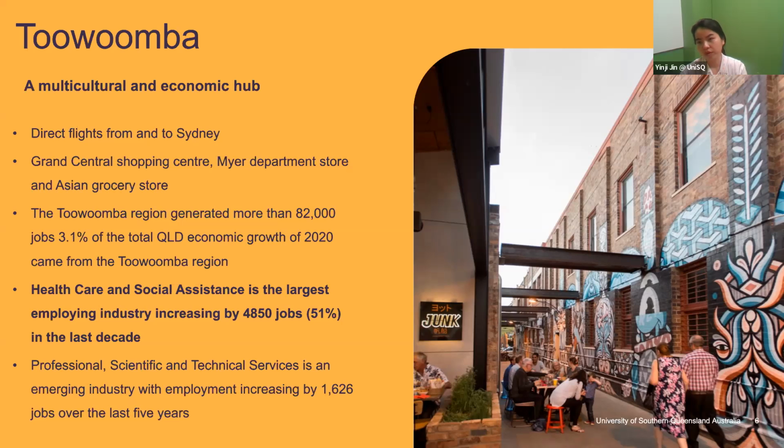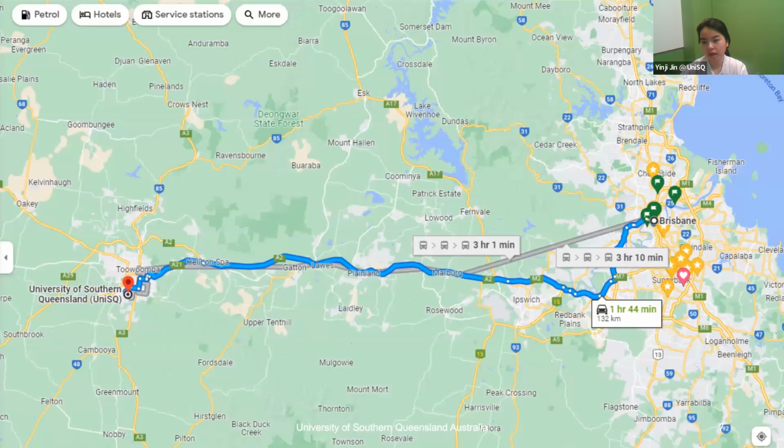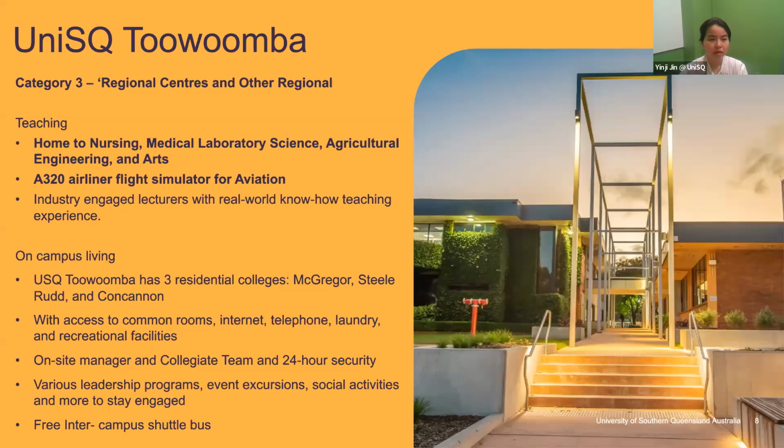And especially for our nursing students in Toowoomba campus, they will have no trouble finding a job after graduation. And distance-wise, it is 132 kilometers away from Brisbane CBD and takes about an hour and 40 minutes by driving from Brisbane to UniSQ Toowoomba campus. So UniSQ Toowoomba campus is categorized as a category 3 regional, which means students will be eligible for 5 regional points when they choose to migrate to Australia, as well as the extra 2 years on the 485